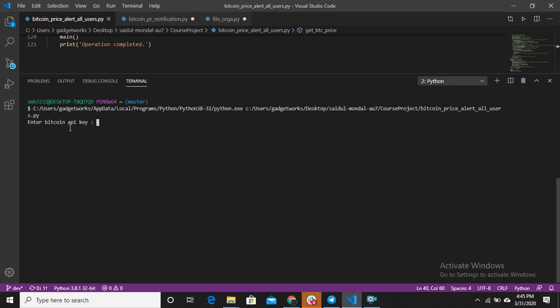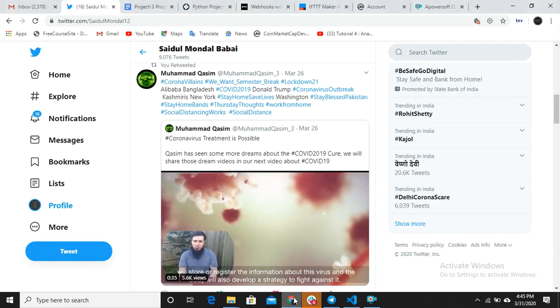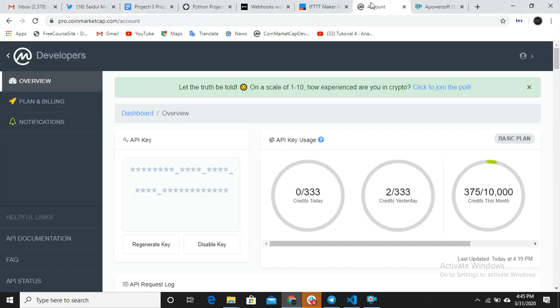Okay, see, it says enter your Bitcoin API key. So go to the Bitcoin site, the site name is coinmarketcap.com. Here you have to create an account for getting your API key and getting the price. I copied my API key and